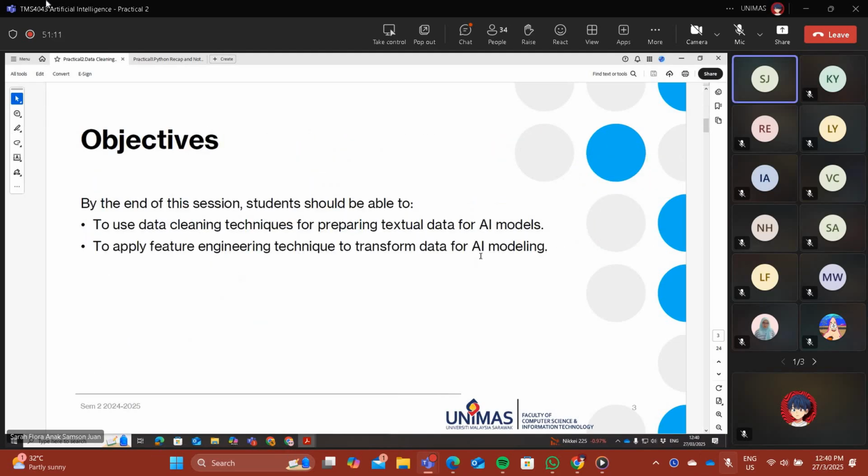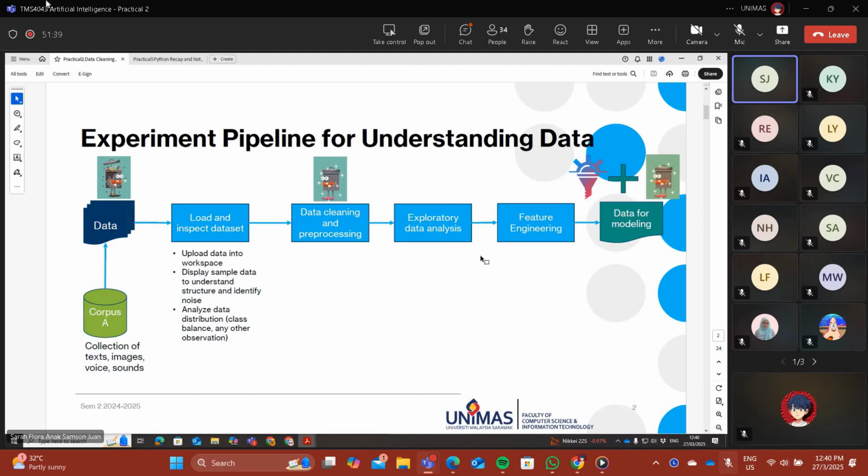The practical part here is to give you some hands-on experience on certain case studies. I'm only focusing on textual data related to sentiment classification, which I will use throughout. I hope I can add more case studies. Maybe some of you are interested in language modeling, but that's a different case study. I'm focusing on sentiment modeling because the approach is still the same, whether you use a different case study such as an image classifier, text classifier, summary classifier, or